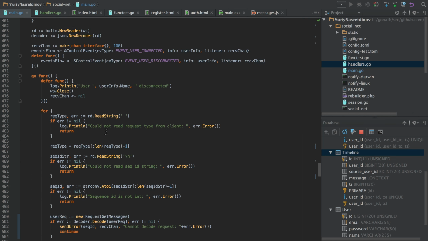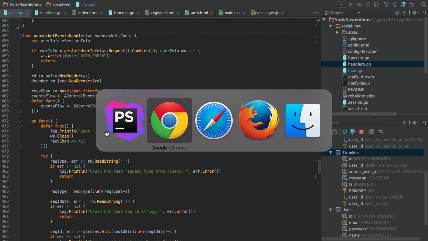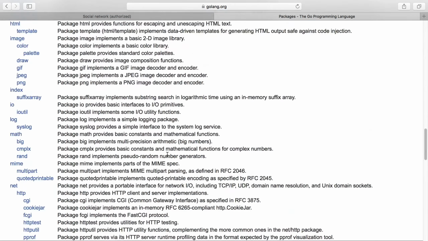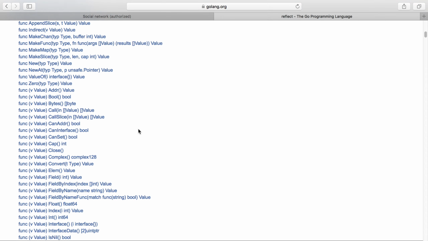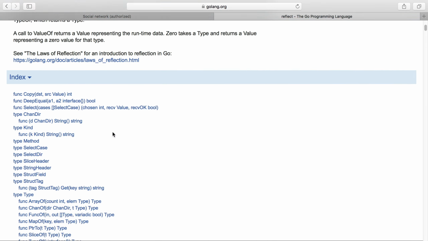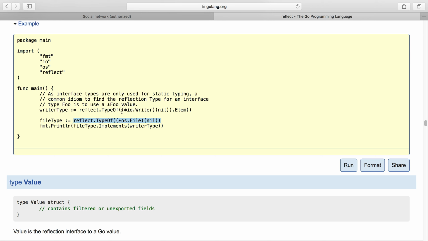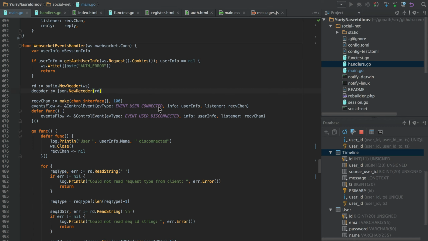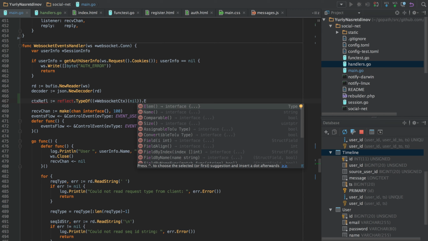So what we really need to do is to write some reflection code, and first we should create a context for our methods. So I'm looking into the documentation on how to create a basic type, and so how to get type of our pointer to the structure.